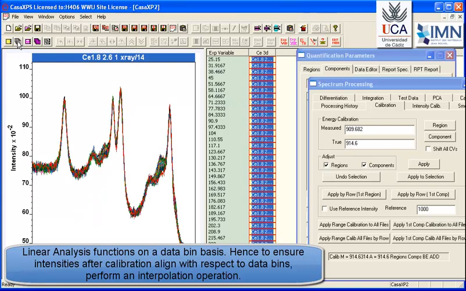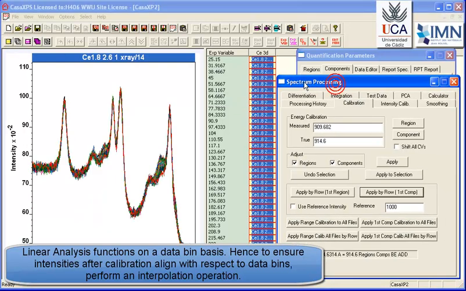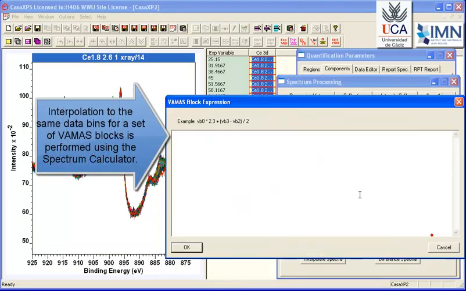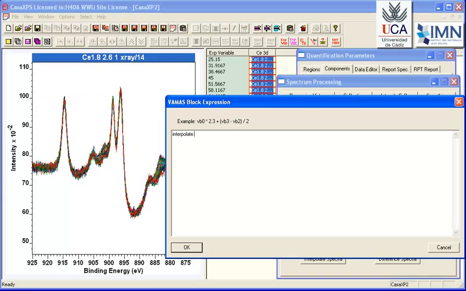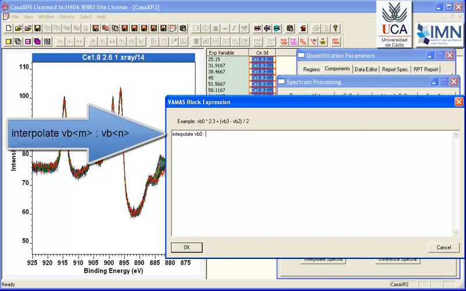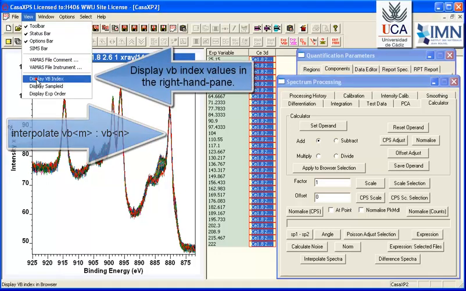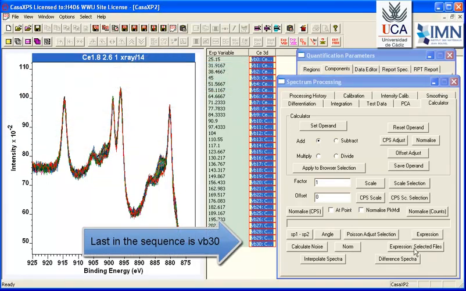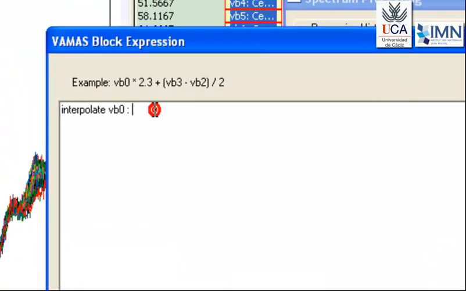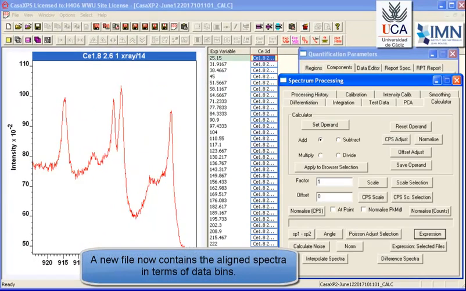that calibration. So the next thing we'll do is we will perform an interpolation of the data so that we have data bins that all align with the intensities. And we'll use the spectrum calculator and we'll specify a range, so we need to know the VB indices involved. If you look at the view menu, there's a way of displaying these VB indices, and that shows us